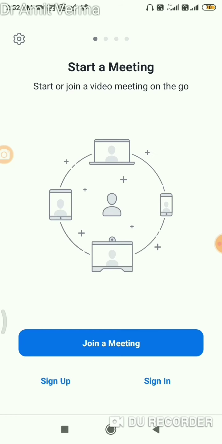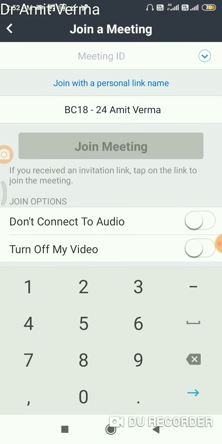Once you open this application you can see this type of interface: Join a Meeting, Sign Up and Sign In. You need not go for Sign Up and Sign In, you simply go for Join a Meeting. Once you tap that, you can see this interface: Meeting ID, and Join with a personal link name.